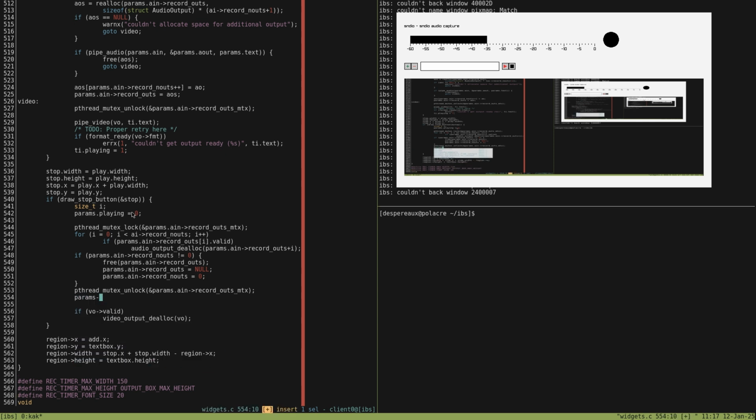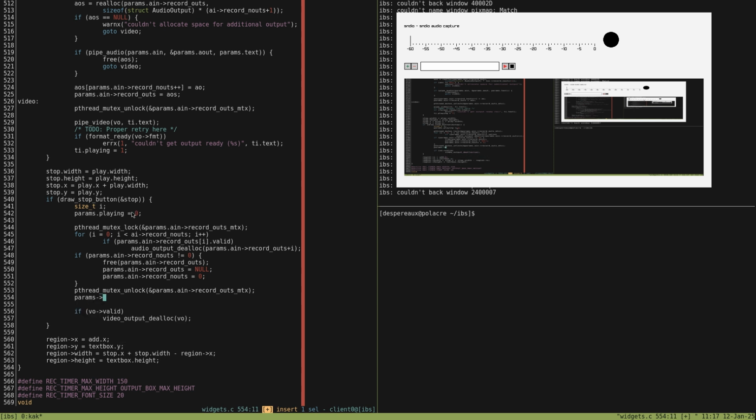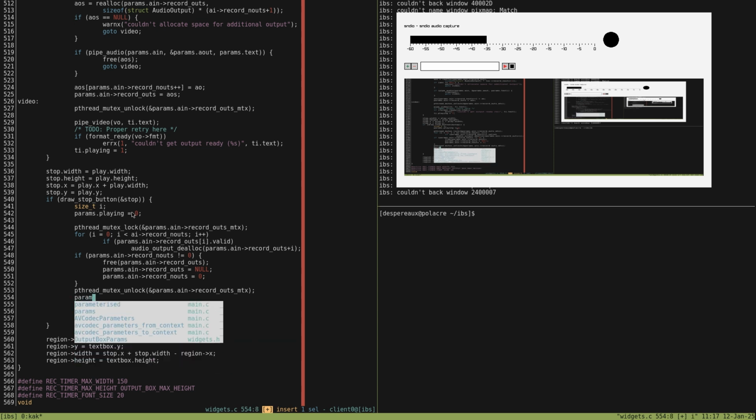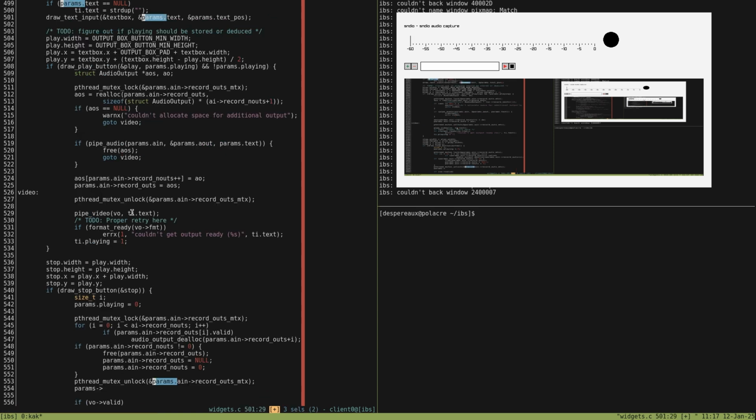So I think here we want params. No, it's boxes. No, it's params. Params, and this will have to be a pointer. I mean, it doesn't have to be, but it will be. Yeah, I think that's right.